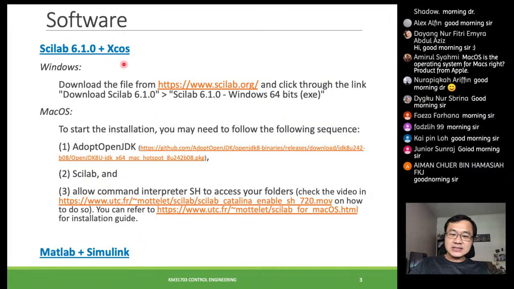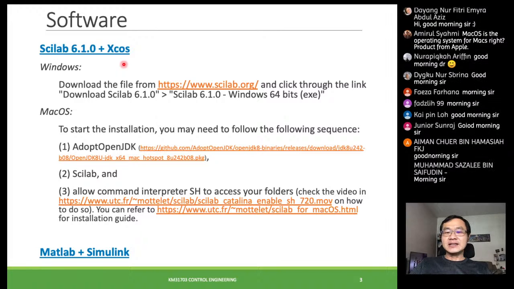Then only you install the Scilab, and then because of the security features, it may not be able to access your computer folder and display it. That's why you need the third step to enable it, so that you can select your folder from your Scilab itself, right? So this Scilab is open source and free, so that's why we will try to